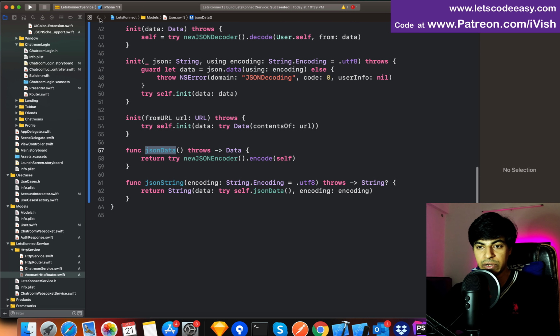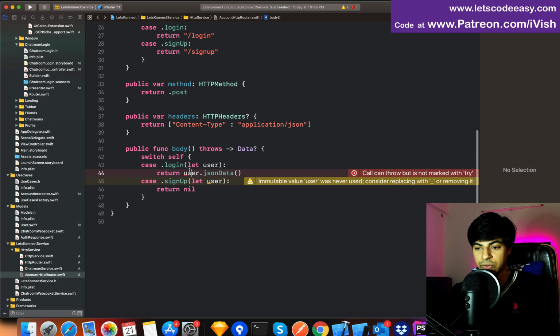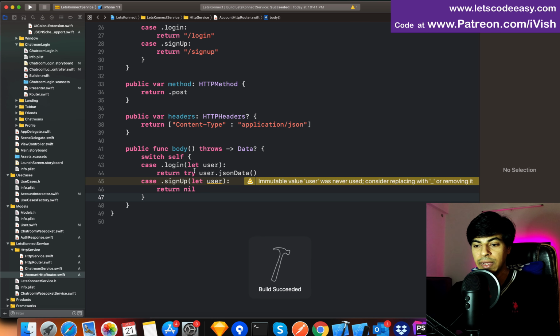This JSON data function I'm just calling here, user.json data, converts my codable user object into JSON data. So now all I need to do is call this with try because it has a throw. It's going to be thrown somewhere else if it throws an error when we are doing this. Similarly for this one, the same thing, user